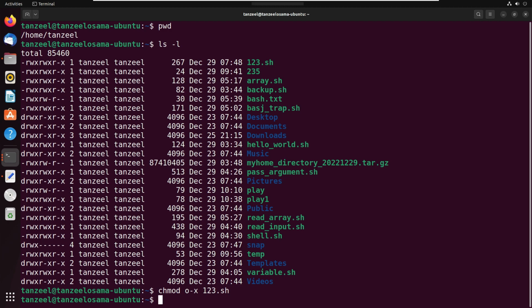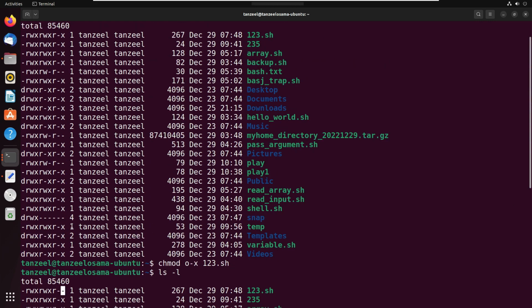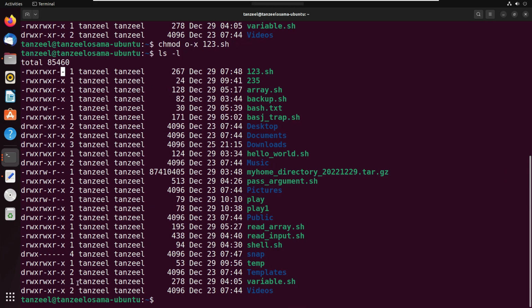Then hit enter, and now we have to run ls space minus l once again. And now you can observe that the X, the execute permission, has been taken away from the other group for this file, that is 123.sh. You can compare it with this one. Earlier it had the execute permission, now it doesn't have the execute permission. In the same way, we can modify or change or update the permissions of different files or directories